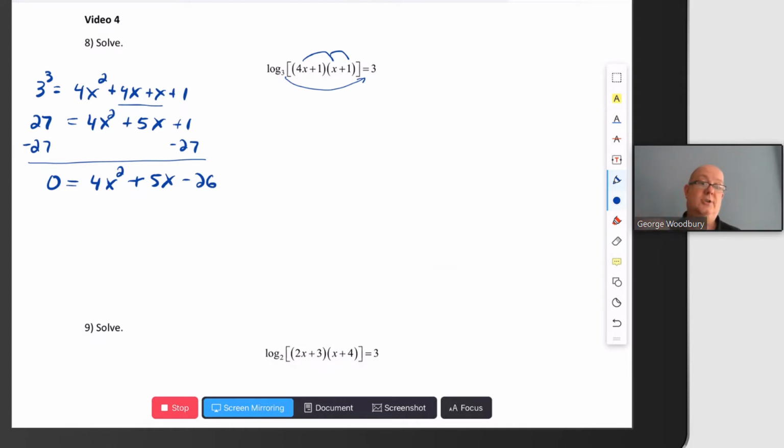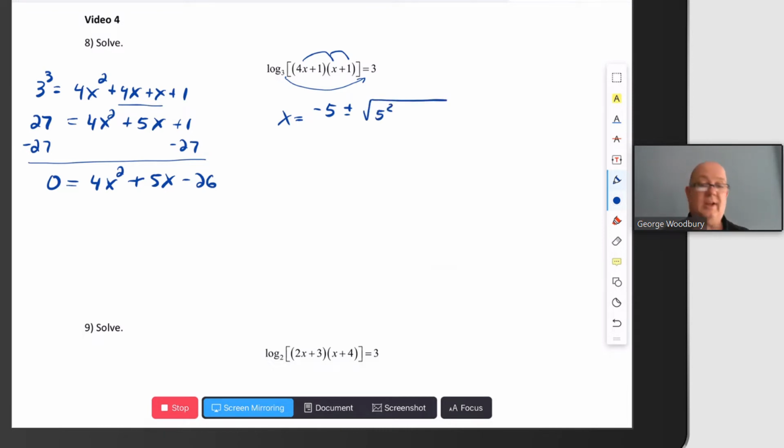So again, we've gone back to chapter 1. We've got a quadratic equation. I look at that, and if I can't factor this quickly, I'm going to apply the 5-second rule or the 10-second rule. If I can't factor it quickly, then I'm going to go ahead and use the quadratic formula. I'm going to pretend that I couldn't factor this one, and I'm going to solve it with the quadratic formula, but it does factor. Quadratic formula, x equals the opposite of b, so negative 5 plus or minus the square root of